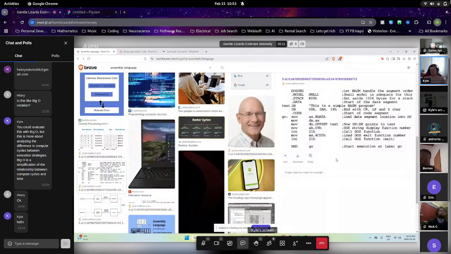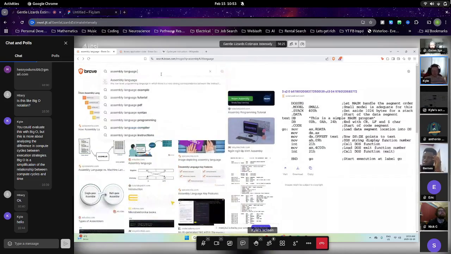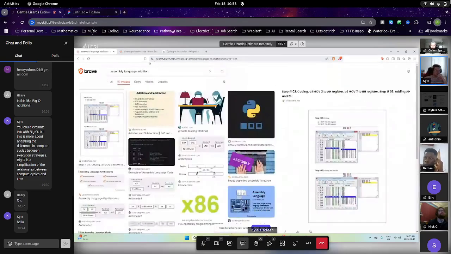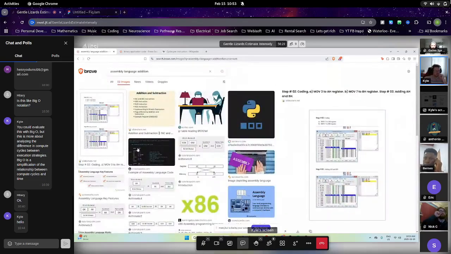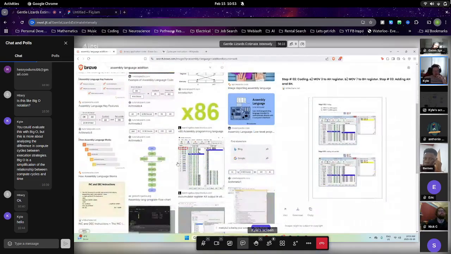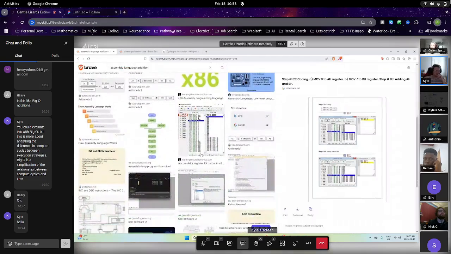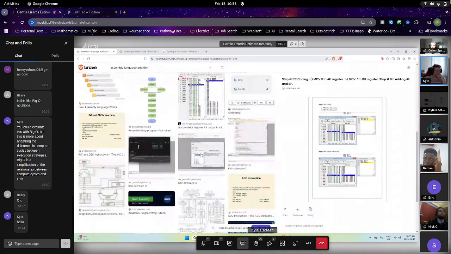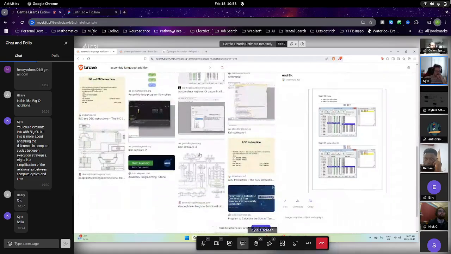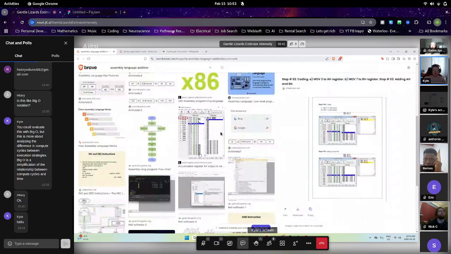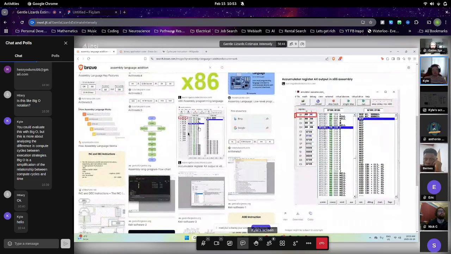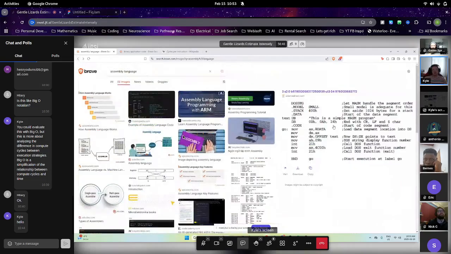Like adding two numbers, if I can do assembly language addition, for example, I wish I had examples of this. I wish I still had my university code. I probably do somewhere, because they made us write Simon Says using only assembly language.